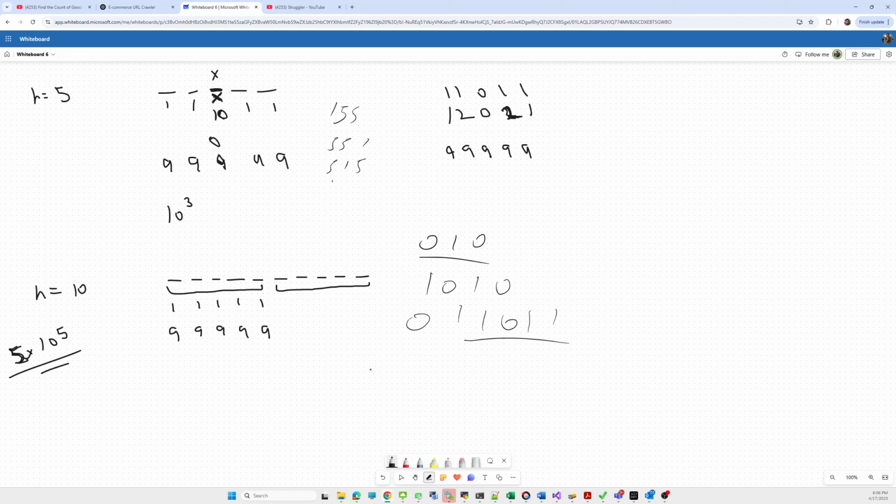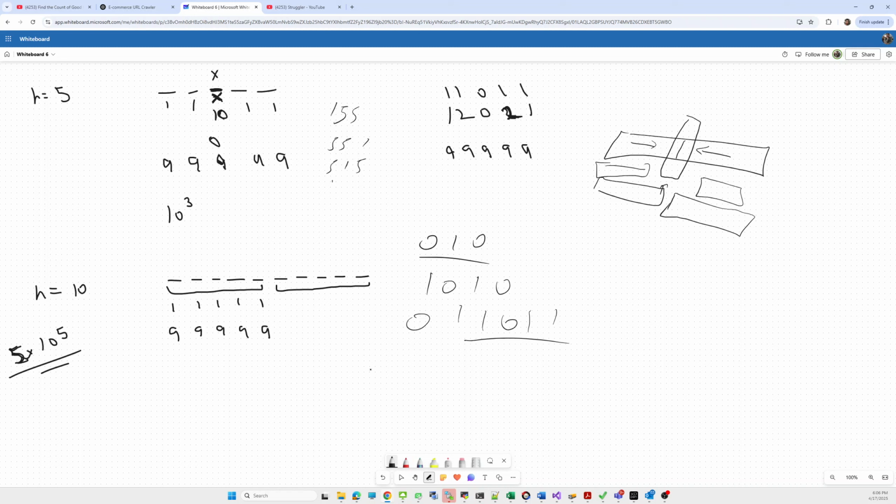In the beginning I was also trying to think about what a palindrome is. A palindrome is a type of string whose first half is the mirror image of the second half. If it is of odd size, then the two halves are mirror images except the middle one. If it is of even size, then both halves should be mirror images of each other.